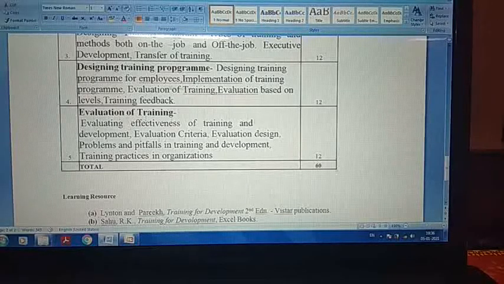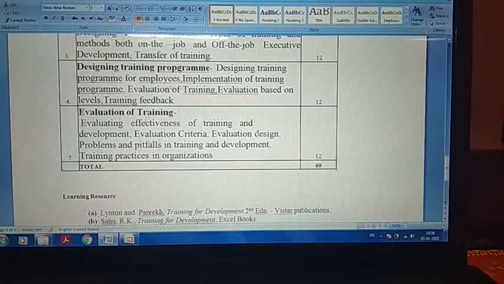देन इवैल्यूएशन ऑफ ट्रेनिंग, लास्ट में इसी बात को आगे डिटेल में किया गया है कि ट्रेनिंग को इवैल्यूएट करना, उसकी इफेक्टिवनेस को जांचना कि जो ट्रेनिंग दी गई, जो ट्रेनिंग प्रोग्राम बनाया गया है, उसमें लोगों में कितना परिवर्तन आया है उस ट्रेनिंग को लेने के बाद, ये जांचना बहुत जरूरी है, तभी हम ट्रेनिंग को सक्सेसफुल या अनसक्सेसफुल मानेंगे। देन इवैल्यूएशन ऑफ क्राइटेरिया, क्या क्राइटेरिया ऑफ इवैल्यूएशन होना चाहिए, किन किन बिंदुओं पे हम लोगों को इवैल्यूएट करेंगे कि भाई ट्रेनिंग सही हुई है या नहीं हुई है। देन इवैल्यूएटिंग डिजाइन, इवैल्यूएशन का भी डिजाइन होता है कि किस तरह से इवैल्यूएट किया जाए।